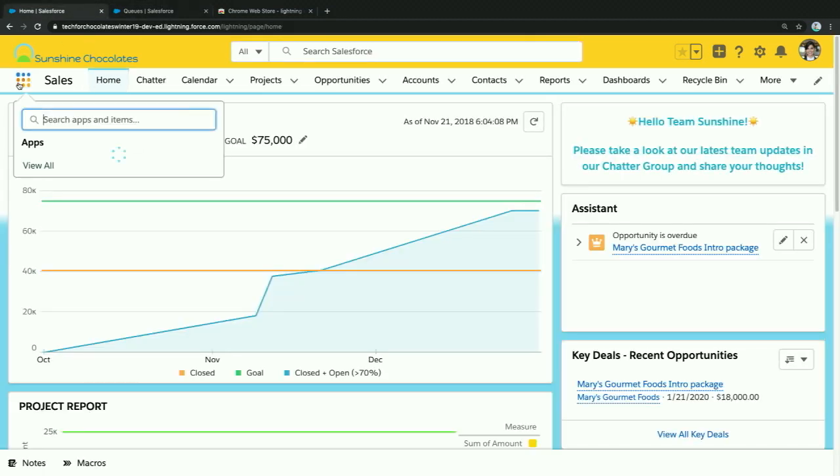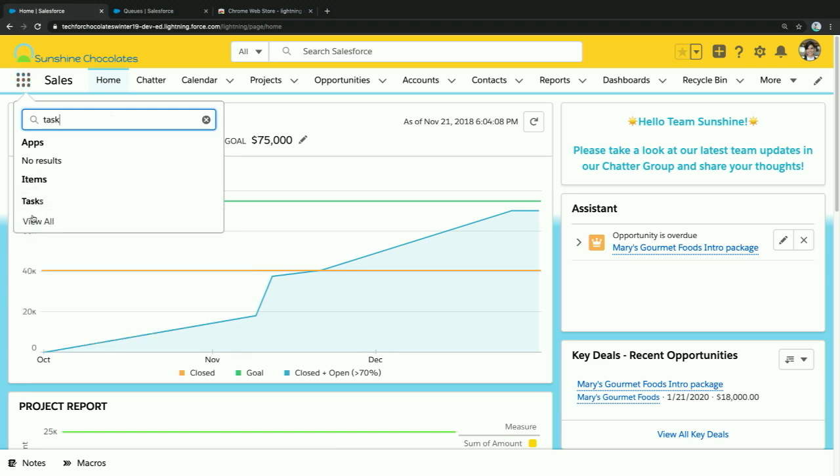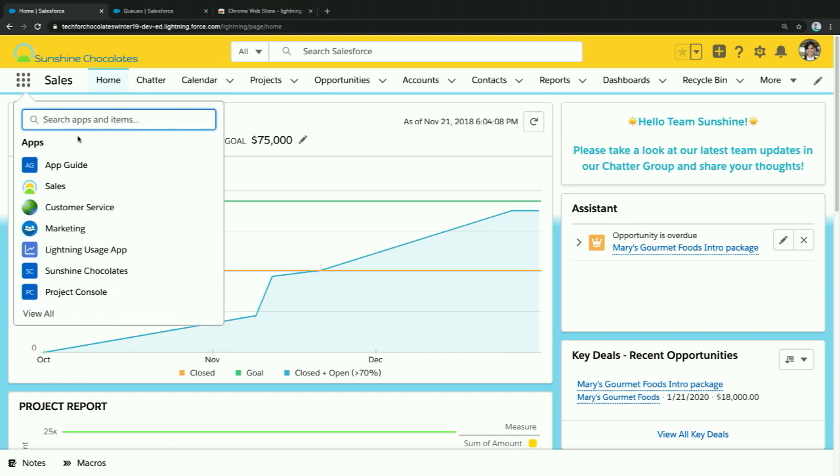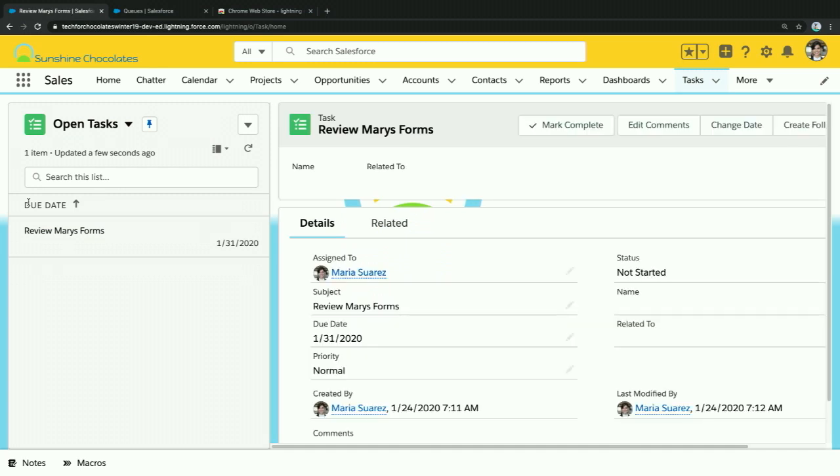So now if we go back, I'm going to go into my, oh, look at that, my brand new little app launcher experience. And see, even though it didn't show up on my, this is going to show me those apps that I'm navigating between, but I don't have to open up the full splash screen in order to get to all my tabs. I can just search within it, which I think is very fast and beautiful.